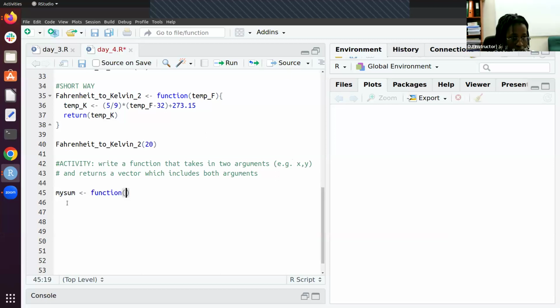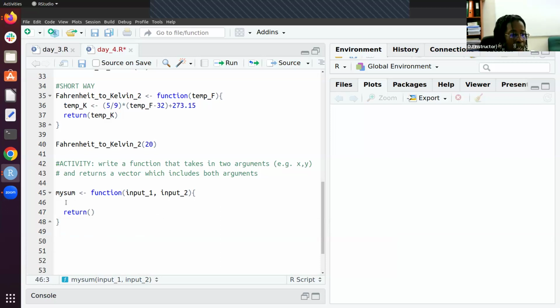And I say function. So I can take as many input values as I want. For now, I'll just say input 1 and input 2. Then don't forget your parentheses or brackets. Then it should return something,